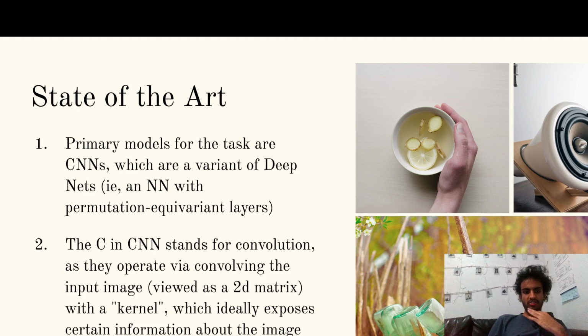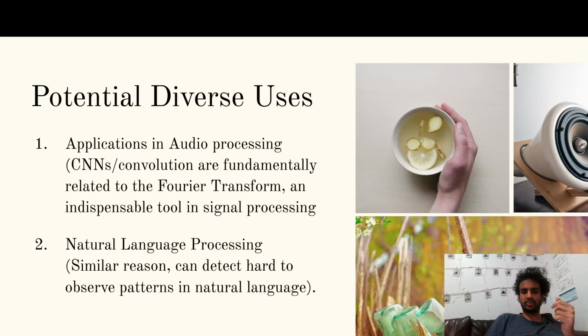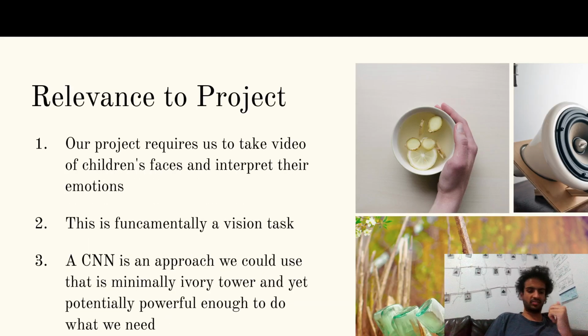So this is the idea, that you have this kernel which is small, and you convolve it with this image repeatedly, and the image is big, and this will expose some information about the image, and you pass this to the next layer, which will have another kernel which you convolve, and you keep doing this. And you refine the image in such a way that you can run something which is much less, the end of this convolving chain will tell you something like where are the edges of the objects or something like that. So the relevance to our project, of course, is that we need to take video of the